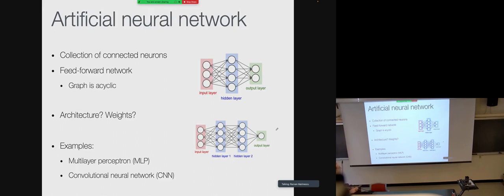We have many of these layers, and we also put connections between them. For example, this neuron gives input to all of these 4, and so on. So in this case, it's an all-to-all type of connectivity. The graph is acyclic. We never have loops in these graphs. The activations always keep going forward.